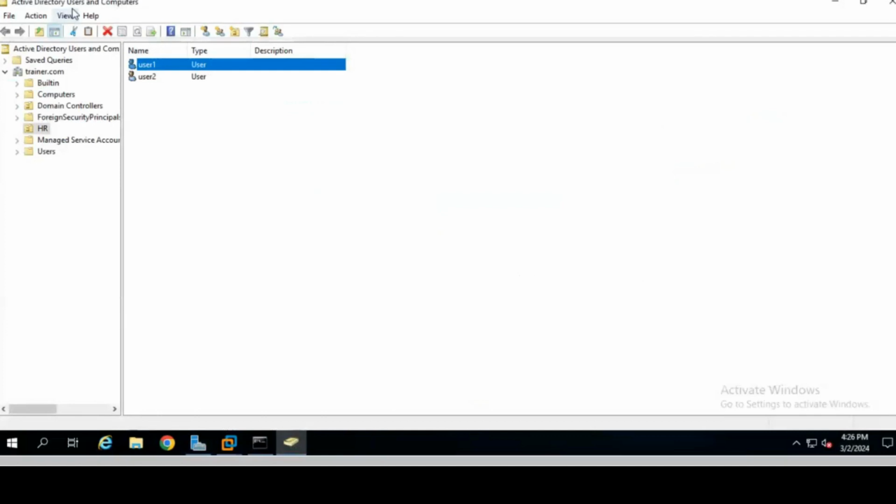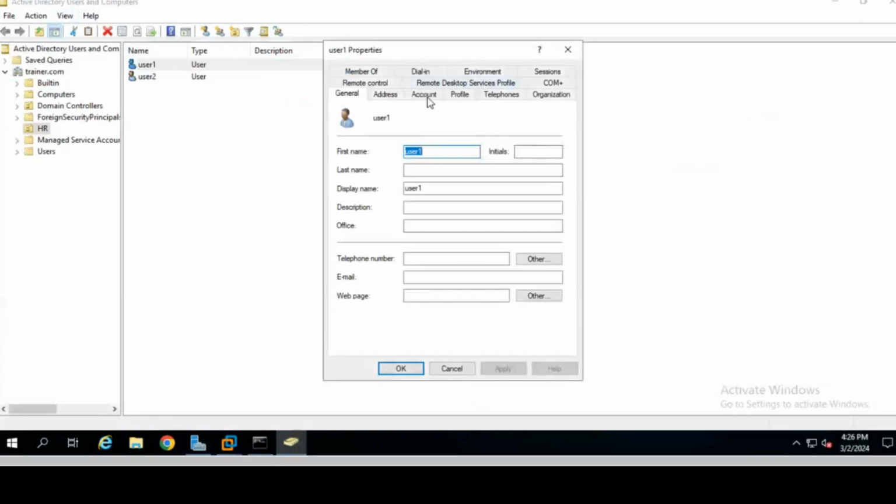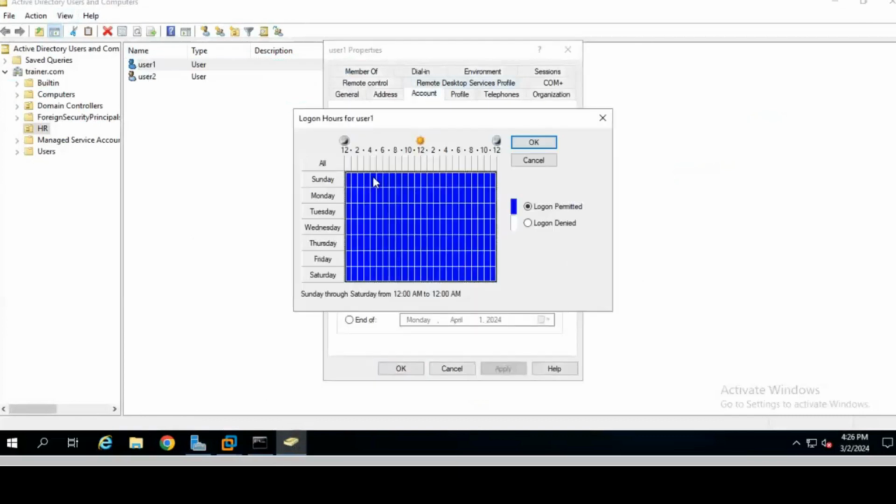Now again go to Users and Computers, right click on that user, then Properties, Account, Logon Hours. Today is Saturday and the time is 4:26. So I will apply this for 4 to 5 p.m., which means login will be denied from 4 p.m. to 5 p.m. We started from here, Saturday.